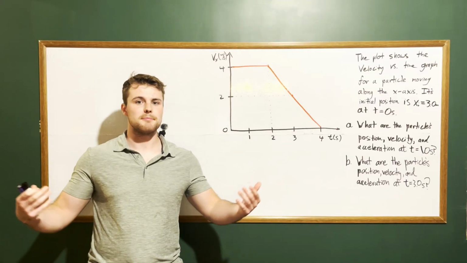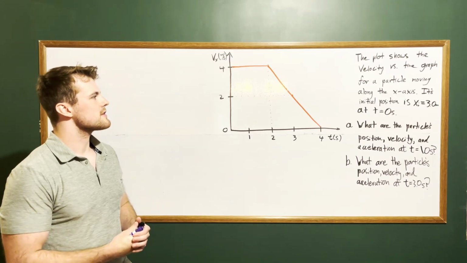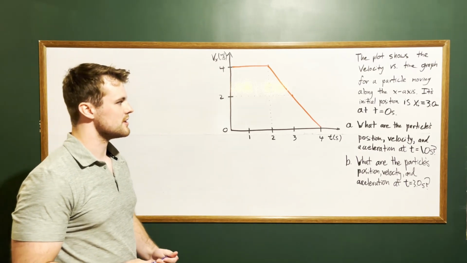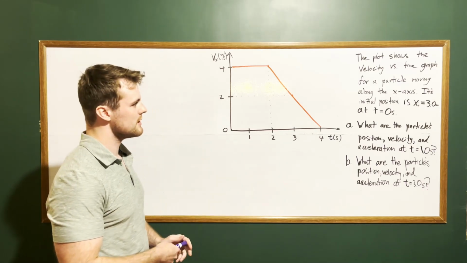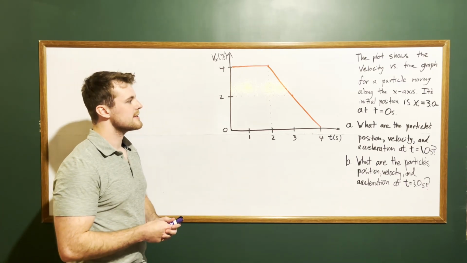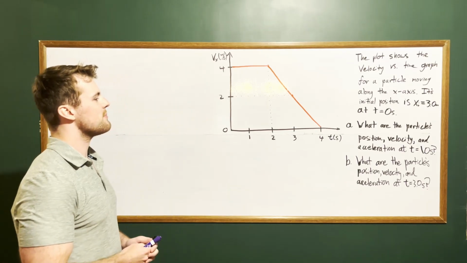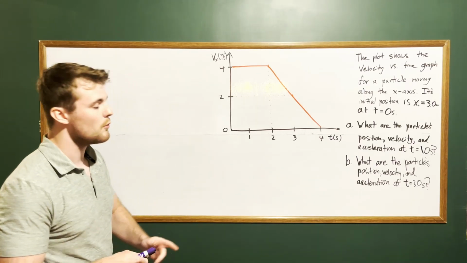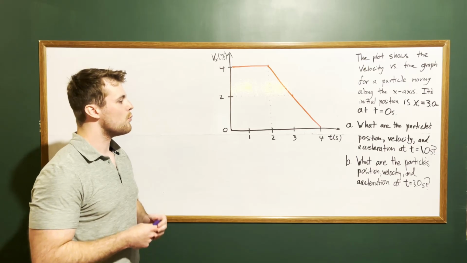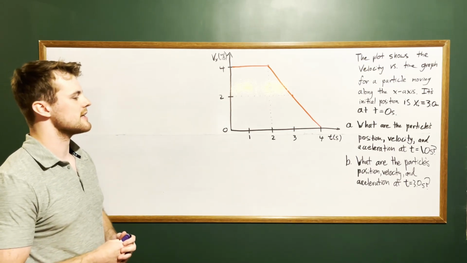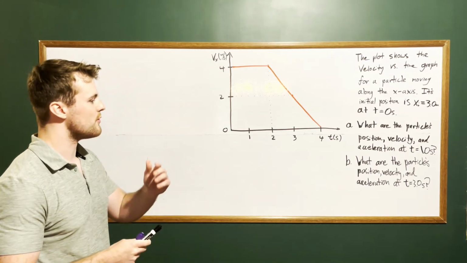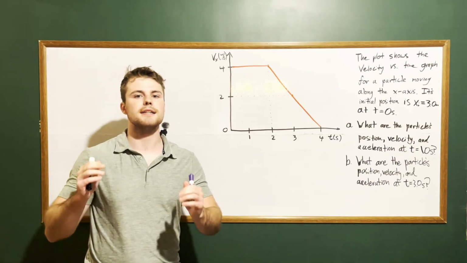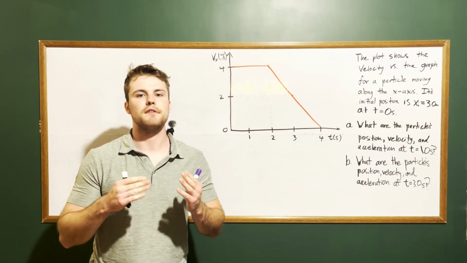All right, here's another problem. The plot shows the velocity versus time graph for a particle moving along the x-axis. Its initial position is x_i, which equals 3.0 meters at t equals 0 seconds. A, what are the particle's position, velocity, and acceleration at t equals 1.0 seconds? And B, what are the particle's position, velocity, and acceleration at t equals 3.0 seconds? Okay, so the way we're going to tackle this problem is first identify the definition of velocity,